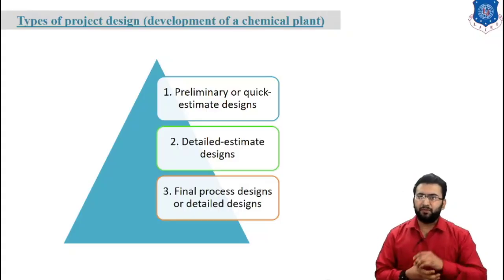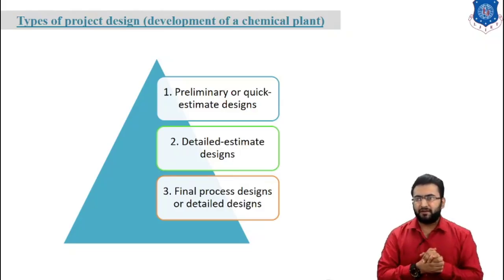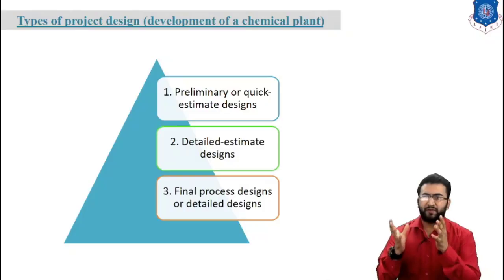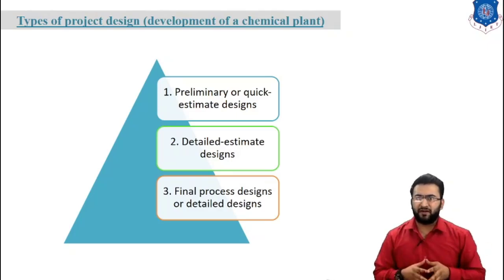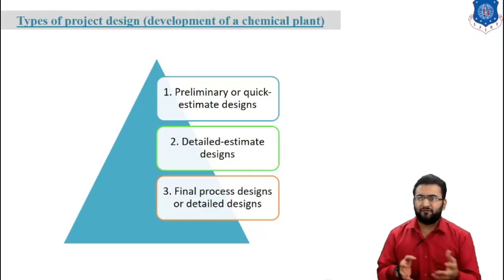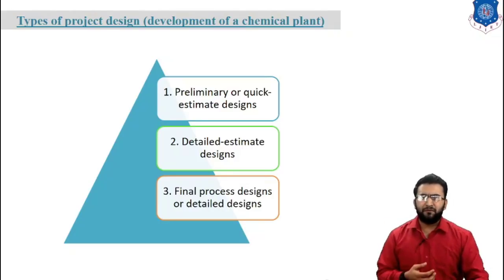The first step in preparing a preliminary design is to obtain the basis for the design. In addition to knowing the specifications for the product and available raw material, the design can be controlled by such items as expected annual operating factor, temperature of the cooling water, availability of steam pressure, fuel use, value of byproduct. The next step consists of preparing a simple flow diagram showing the processes that are involved and deciding upon